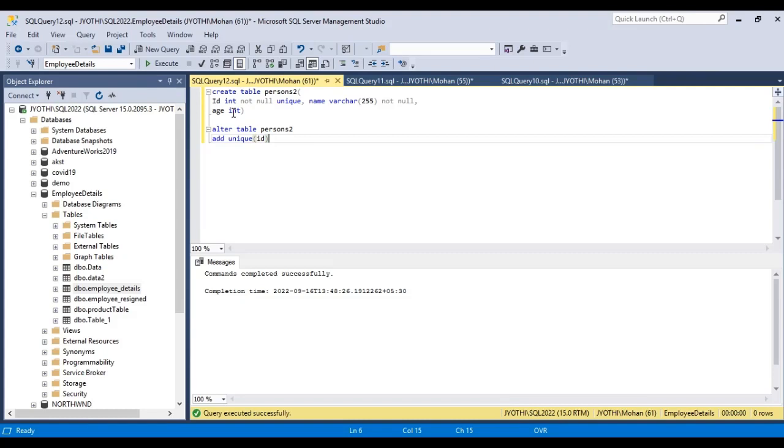So to create a unique constraint on the ID column when the table is already created, we have to use this statement. So this is about the unique constraint.